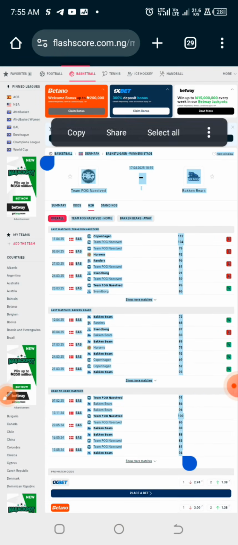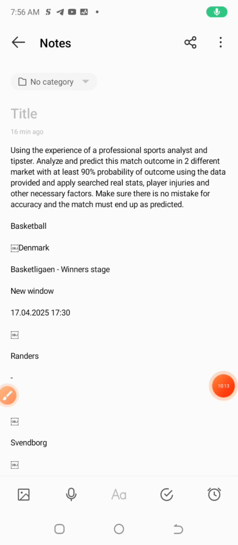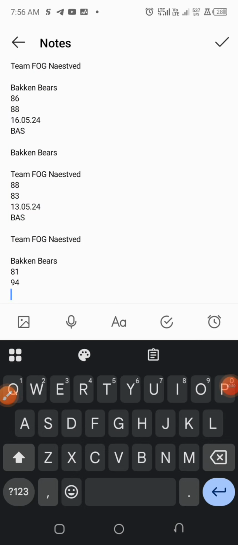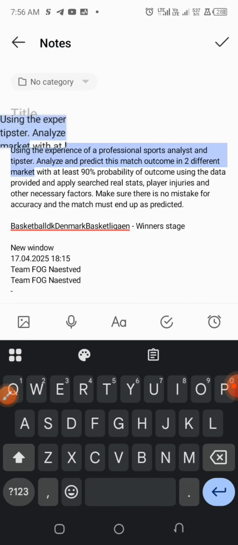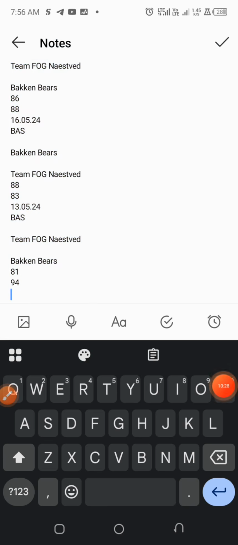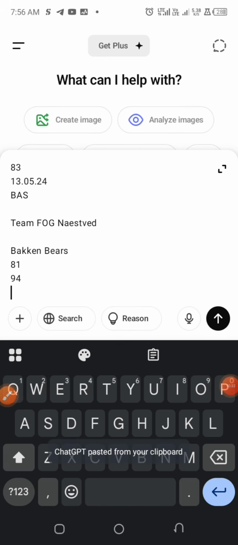Copy. So in case you want to predict any other games, what you just need to change is the start, replace it with the current one that you want to predict, copy everything together. So let us first start with ChatGPT.